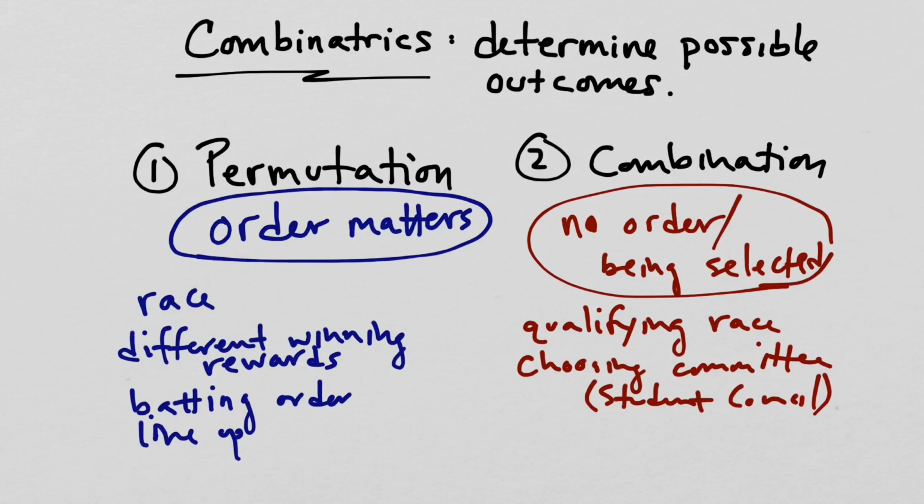So if you assign a value, first, second, third, fourth, fifth, so on and so forth, that's permutation. If you're just selecting it out of a group, that's a combination. Kind of looking at that second one here with the winning of a reward, if there's equal prize value,